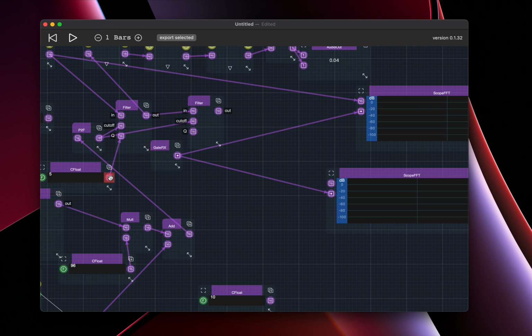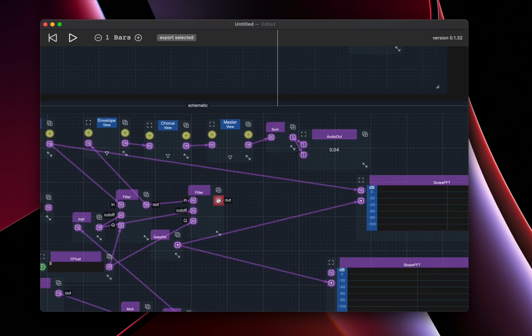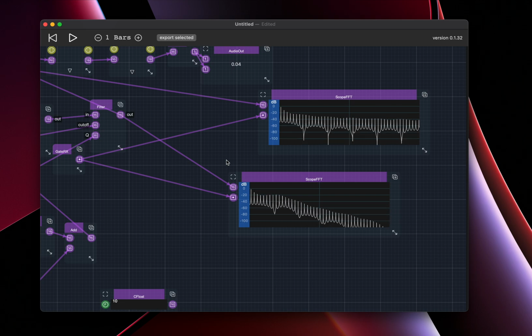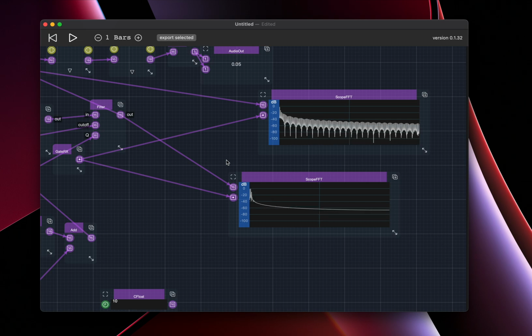Okay, let's see. Our Q goes there, and now this goes, where does it go? Instead of this, now we go after the second filter. Okay, so a bit more obvious now. You see it, the harmonics actually go above 0 dBs. Now with a low frequency. And with a very low frequency. A very high frequency would be like,